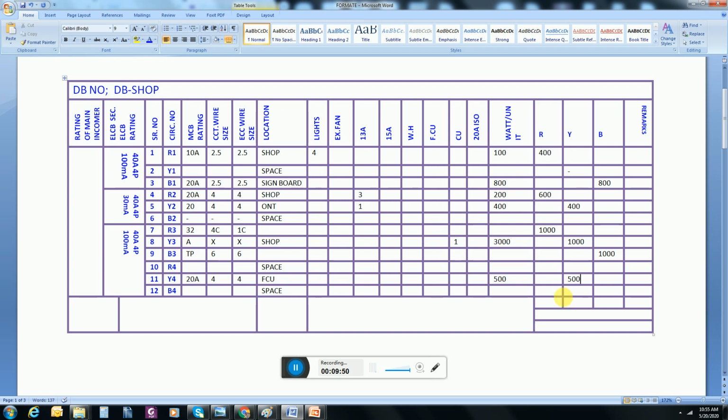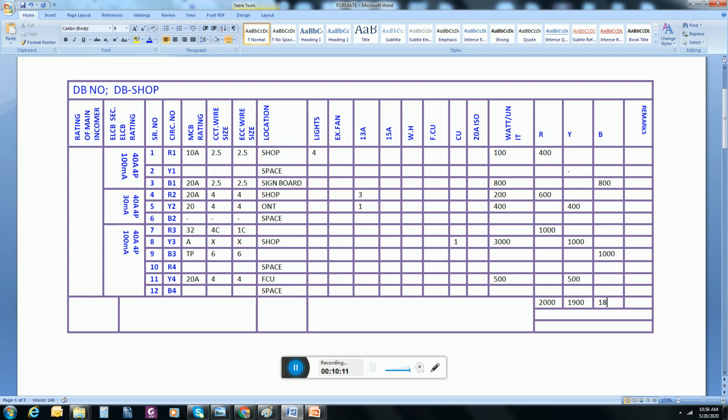Now I will sum up all loads on the red phase, and this is 200 watt. Next on the yellow phase, it's 1900.